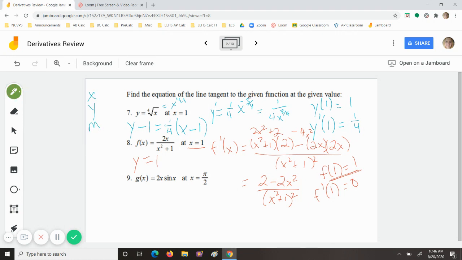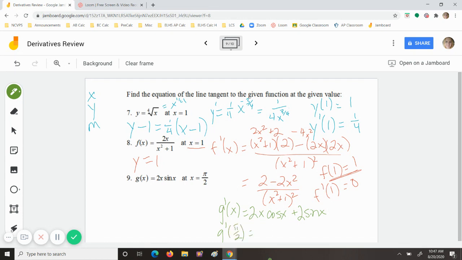All right, let's try the last one. We want to find this tangent line, so we've got to do some trig here. Let's find the derivative using product rule. First times derivative of the second one plus the second one times derivative of the first. So I'll just put that 2 out front. Let's plug in